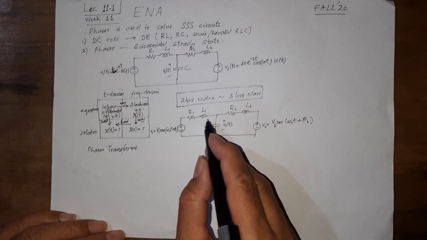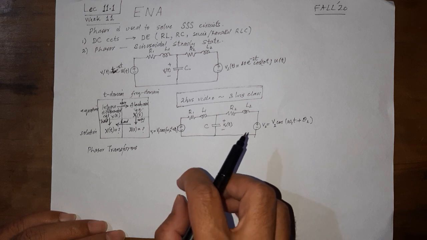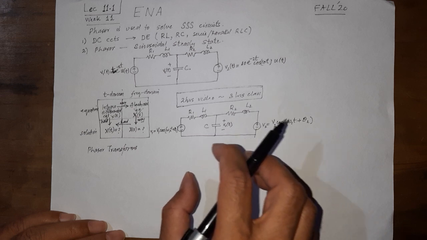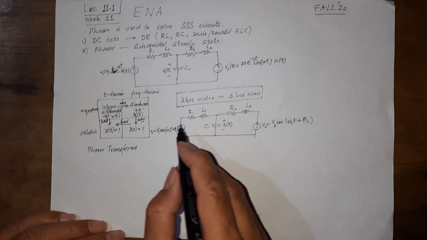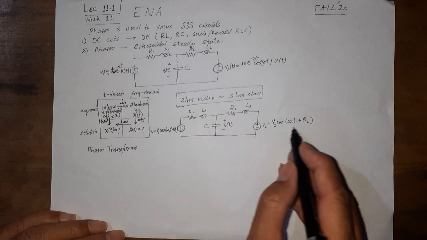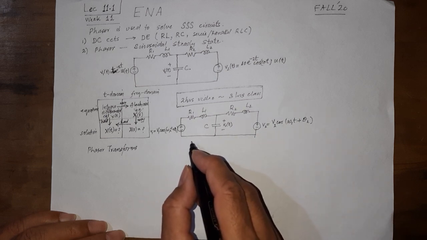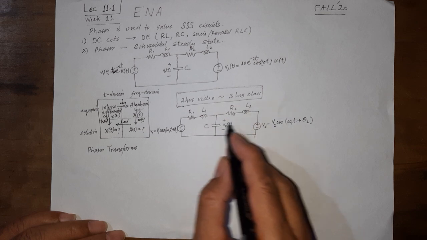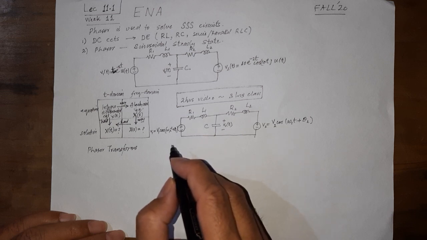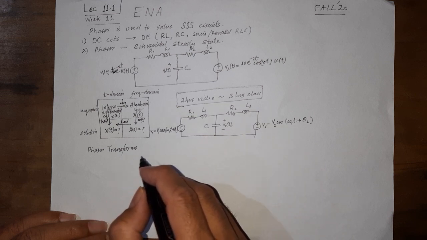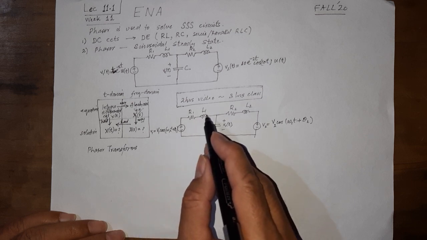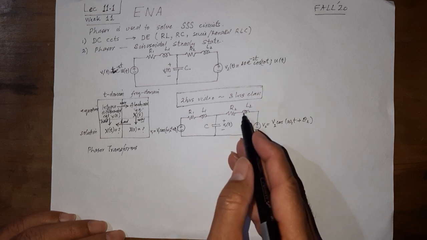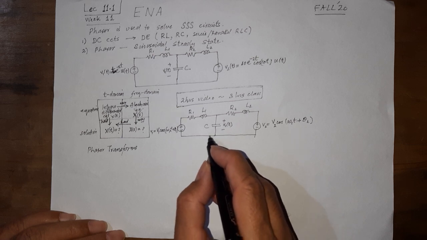Why? Because that initial energy is going to make the transient response. It is going to decay over time, and the final response or the steady state response is what is going to be purely based on the forcing function. These will dominate the end response. That is why we ignore whether this has some initial energy or not. Again, this is a simplification that we have done, and the new technique that we are going to study right now is so powerful that it can even include the initial conditions and the initial energy states of the energy storing elements as well.